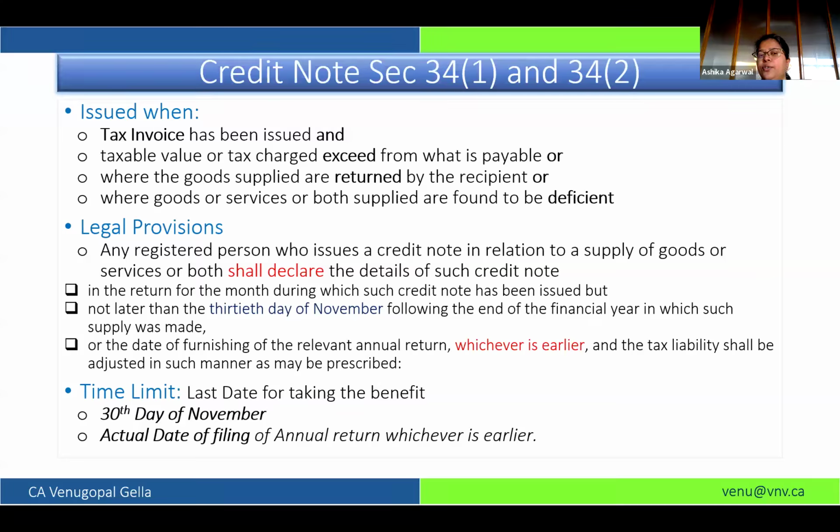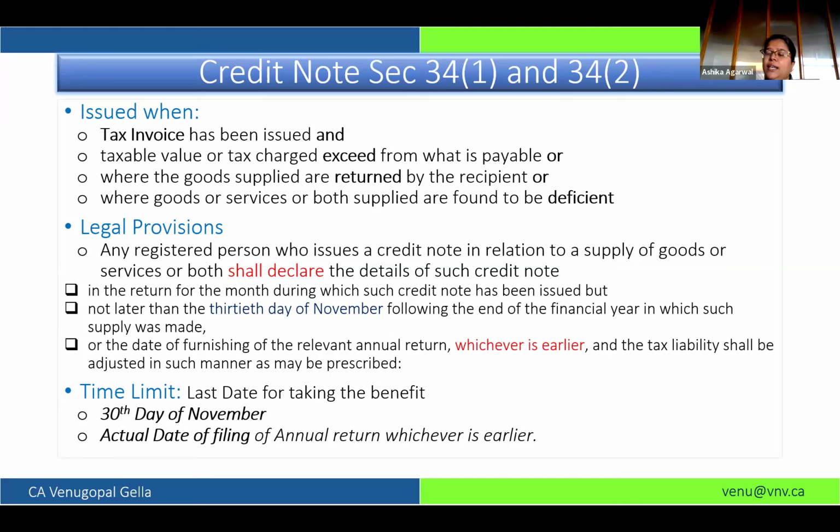So you need to be careful whether you want to do a credit note or you want to amend the invoices to truly reflect what it should be. Because e-invoicing is also there. People feel that if I have raised an invoice, how should I make the changes? Even though an e-invoice is raised, and it is auto-populated in GSTR-1, you can still amend it. So you have to decide when it will be a credit note and when you need to amend the invoice, which we have found multiple people lack knowledge of.